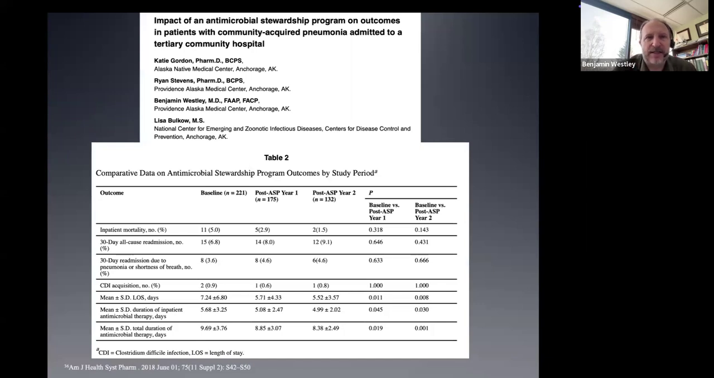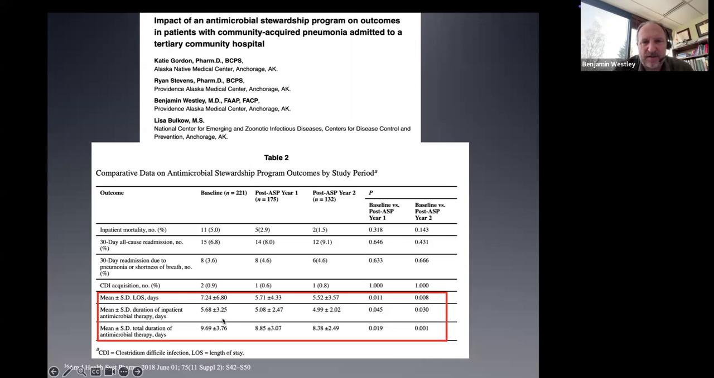This is just to reiterate that, in fact, what we do with these programs can make a difference. This is Katie's paper from Providence that Ryan and I were also a part of, and this was published after our last modules update some years ago. But you can, oops, what's going on? There we go. But you can see that